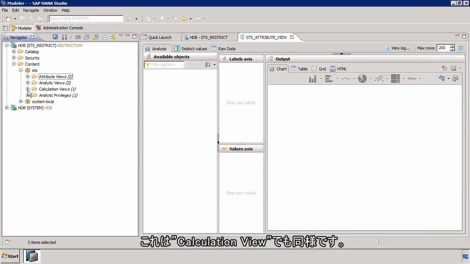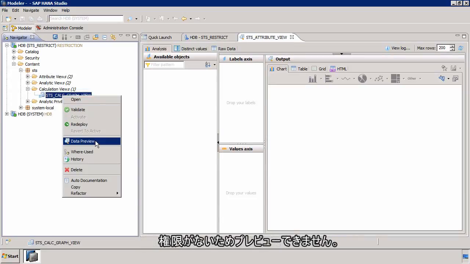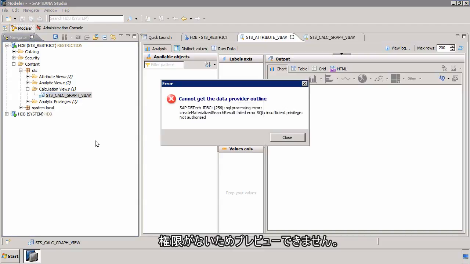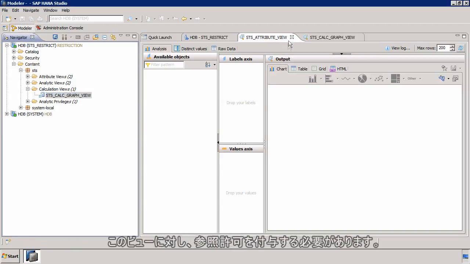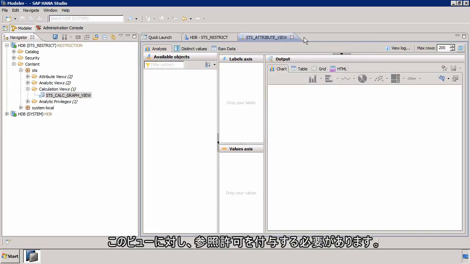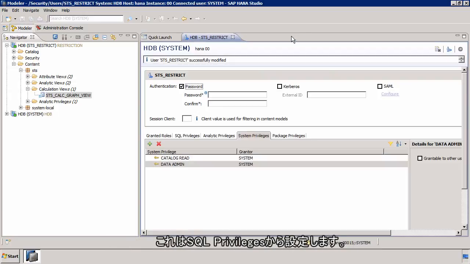Unfortunately, the same applies to the calculation view. If I try and do a data preview, we have no authorization. So what it looks like is that we have to give read-only access to that view. We can do this in our SQL privileges,